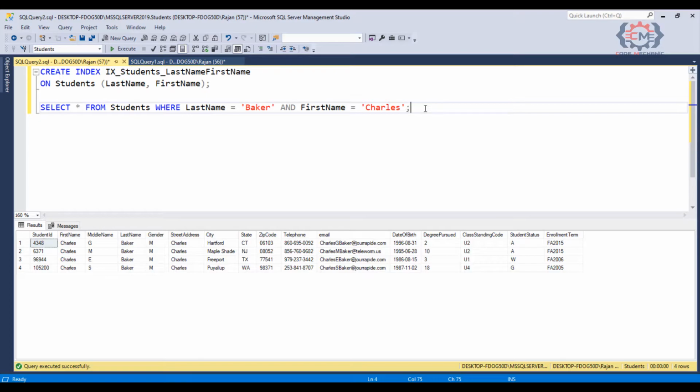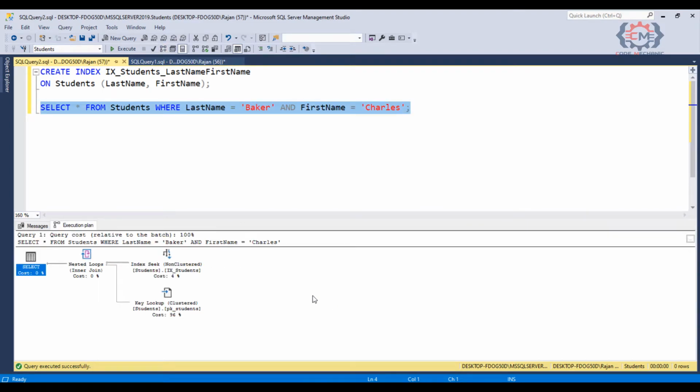The calculation that SQL Server does internally in its statistics to determine selectivity is more complex than a simple ratio. But this ratio gives us a good idea of how unique the values in this index are. And I find that for everyday use, this simple ratio works pretty well. So, we would expect that SQL Server would use this index when it executes the query that we see. We will get the execution plan to see that indeed that is the case. And so we see here that SQL Server is doing an index seek operation against that index.